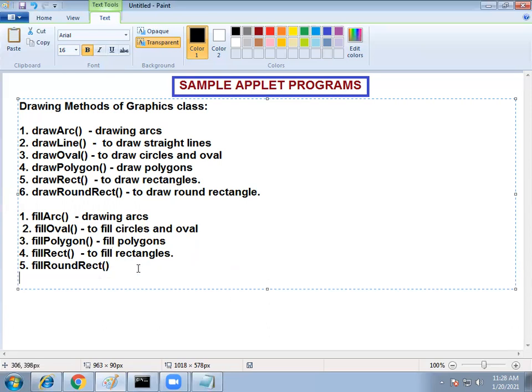And the other methods are also there, like setColor, to set the colors.